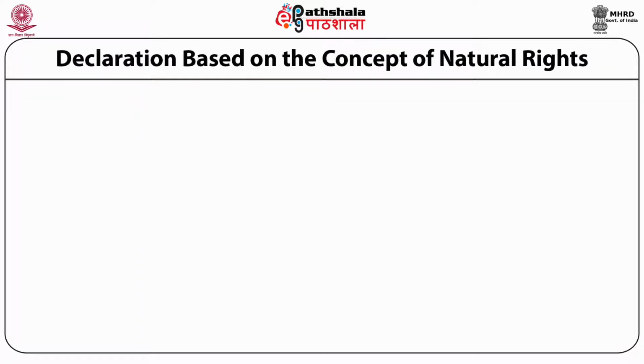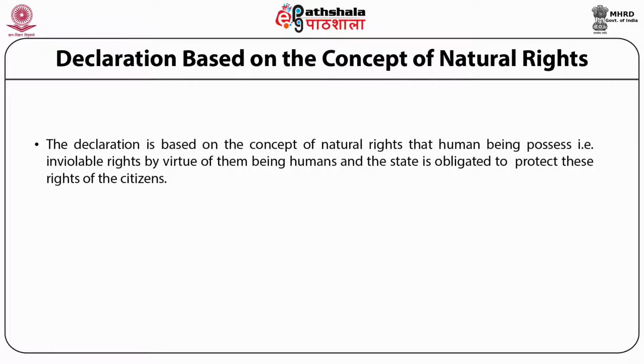The declaration was based on the concept of natural rights. Natural rights are rights that every human being, irrespective of race, gender, caste, or sex, is born with. These rights are inalienable. These rights are inviolable, which basically means that these rights cannot be taken away by another human being. The declaration was based on the concept of natural rights that human beings possess. Inviolable rights, as I said, by virtue of them being human beings,